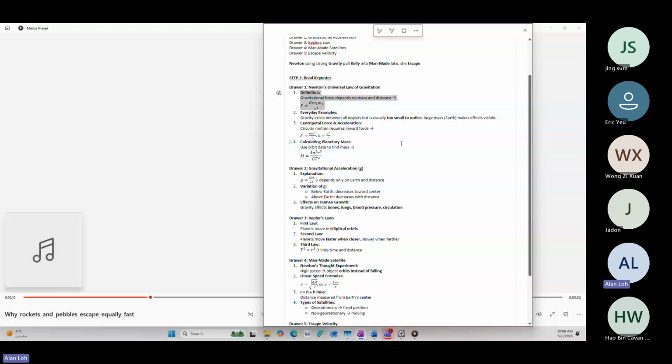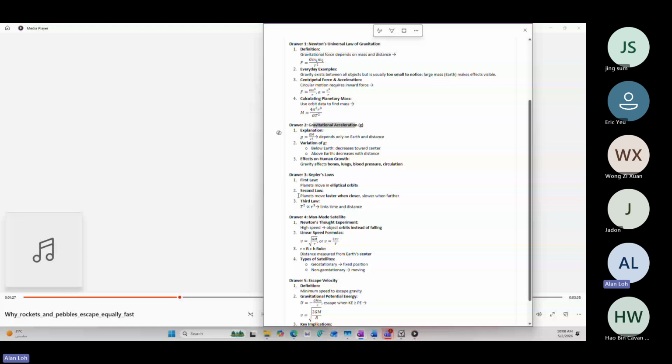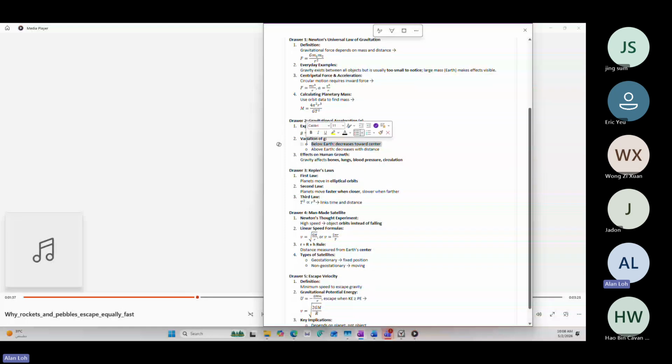The higher you go up that funnel, the weaker the pull gets, which honestly drastically changes how we should think about gravitational acceleration, or g. It really does. We all get taught that g is just 9.81 meters per second squared, like it's a permanent rule of the planet or something. Right, but g actually drops the further you travel from Earth's center. The pull physically weakens as you gain altitude.